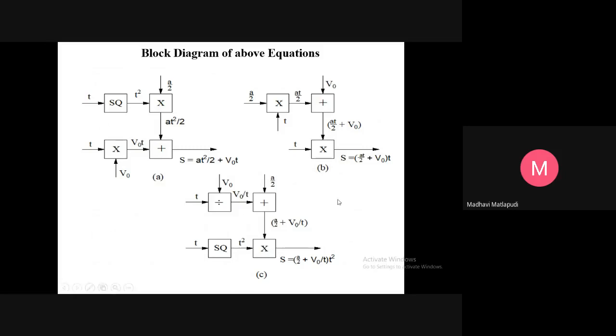Now coming to arrangement B. Arrangement B uses only 3 blocks. That is multiplication and addition. Three blocks, but that eliminates the squaring device. Therefore, complexity is reduced compared to A. Then B appears to be the most favorable approach on the basis of block diagram analysis and should be chosen for the first preliminary design. So among all the three, B is the best approach in designing a mechanism.